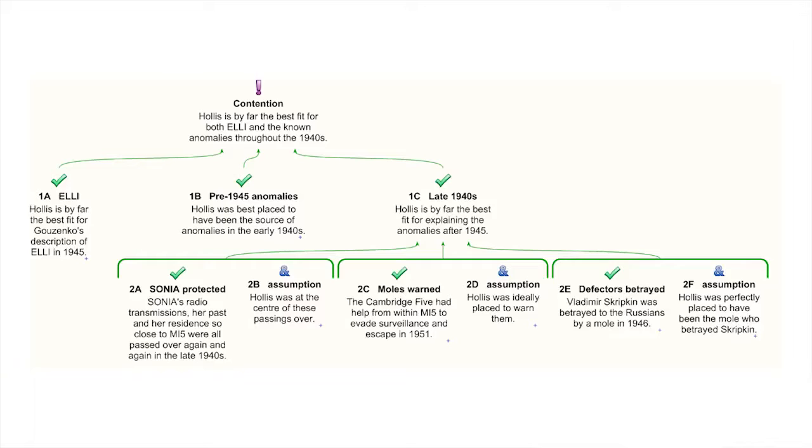These are things that occurred after 1945. The first is, I've referred to Ursula Kosinski. Her code name for the GRU was Sonia. And throughout the 1940s, right up to the time when she fled Britain in 1950, when the British government was starting to close in on her, because Klaus Fuchs had been exposed, she was protected by Roger Hollis.